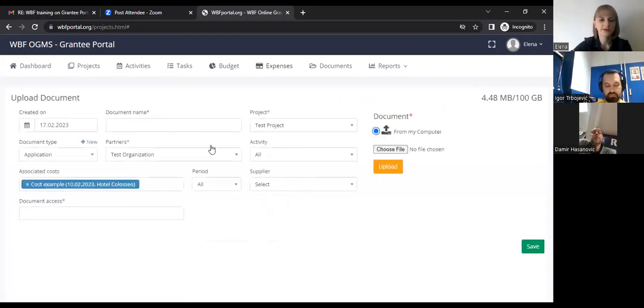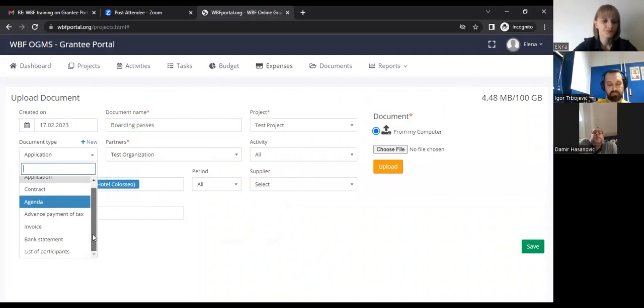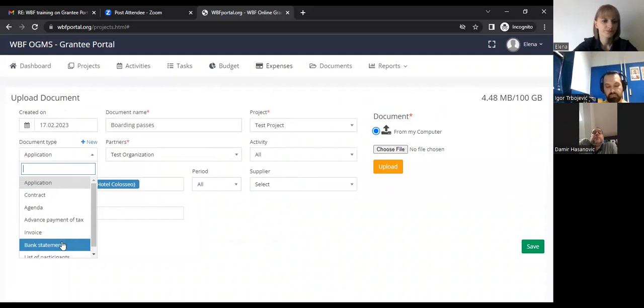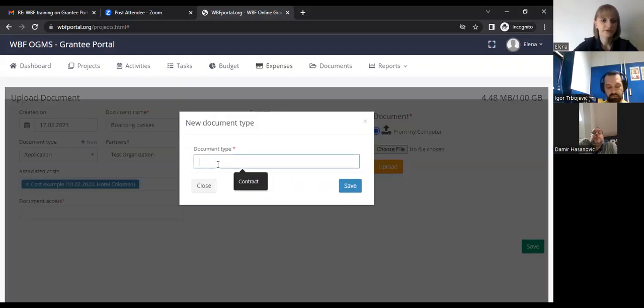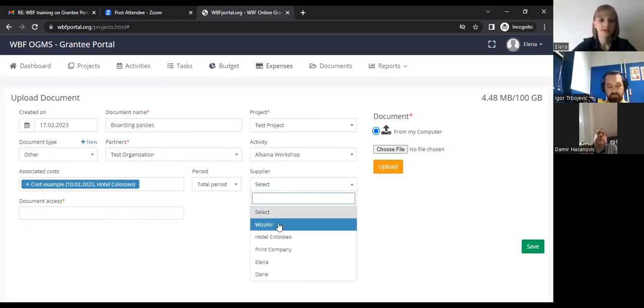So you click here. You write here, this is the test project. You select the date when this document is created. You can even add a new category, for example, other, save, and you link this document with the document type other. You select activity, you select period all, you select supplier Wizz Air, and I want to stress that it's